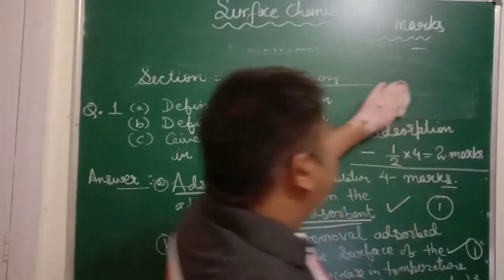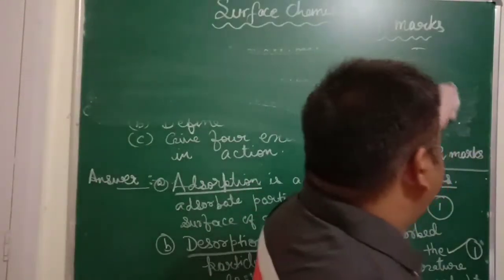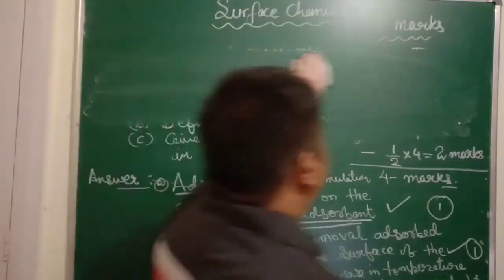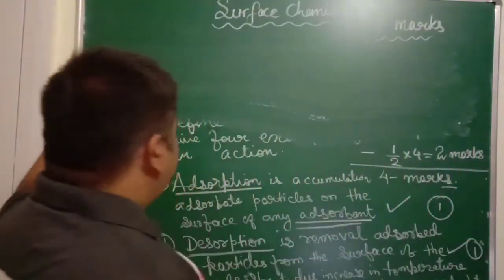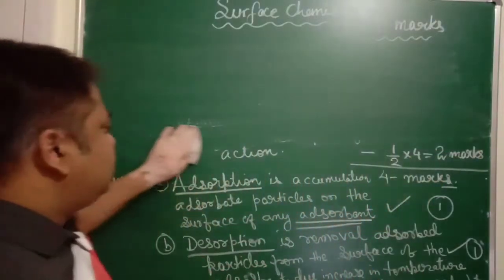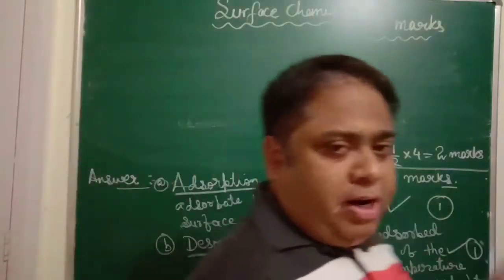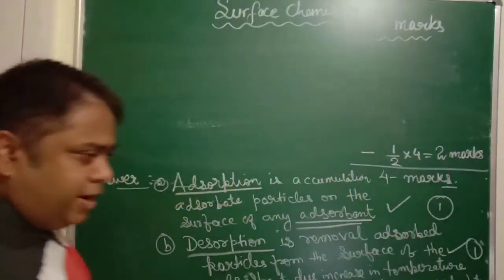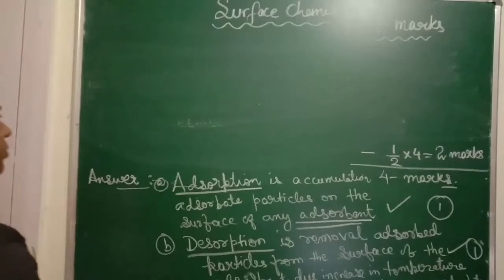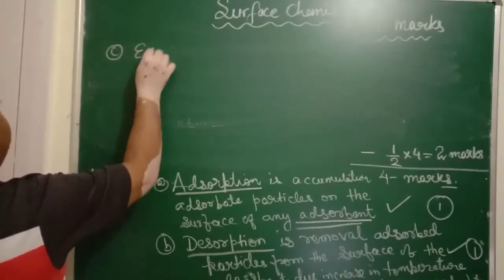Throughout this chapter, I will ask you to recall those experiments, and based on those experiments, you will be able to remember the concepts. Since I am writing on the green board, I have to erase this part and start with the rest of the answer. Else, if you are using a full scape paper or a register, you can write below, which I cannot do right now. So, the third part of the question was